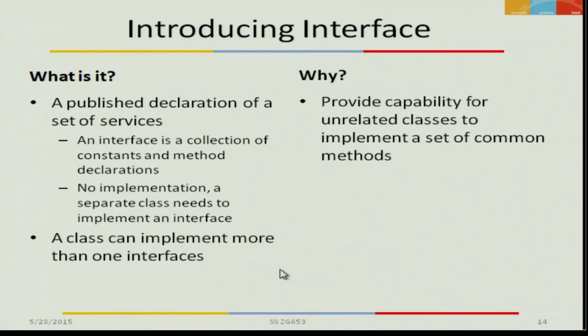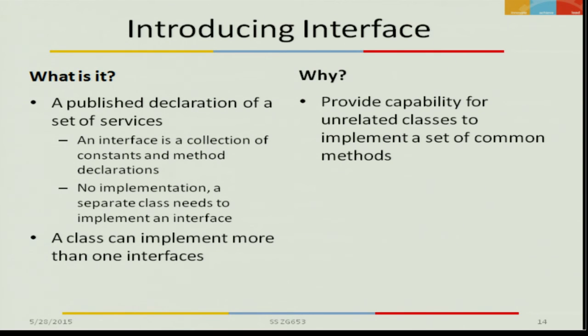And why is it required? Because when a class implements one or more interfaces, it allows a set of unrelated classes to implement a set of common methods. So there could be a set of common methods, and it gives flexibility that an unrelated class can implement this interface. And this is actually a very, very useful feature,